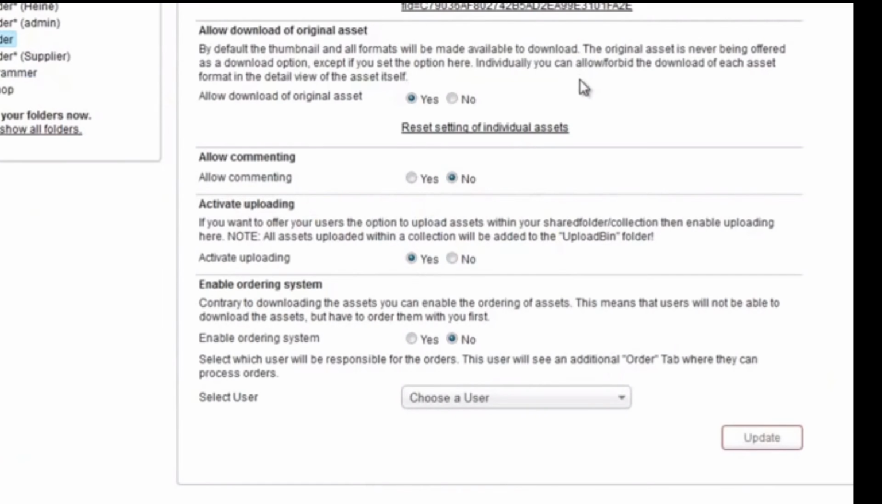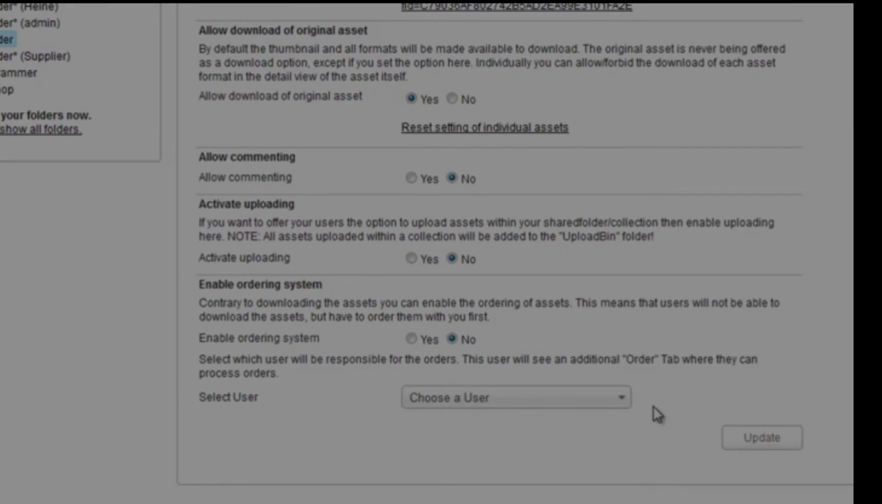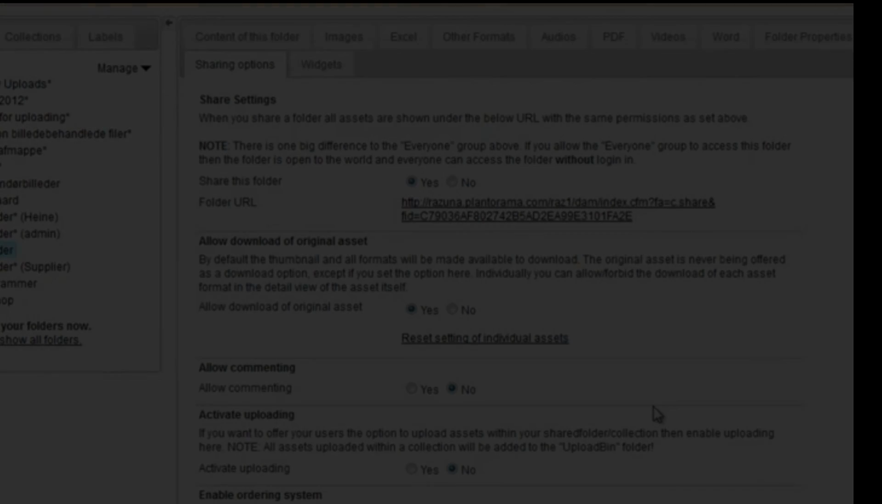Finally, you can enable the ordering system. This means that users can only download the basket once approved by a Razuna user. The user is chosen in the drop-down here with all the other Razuna users. Well, there it is, how to share assets from